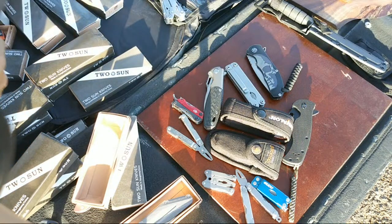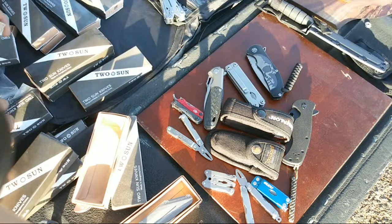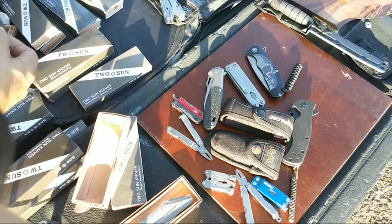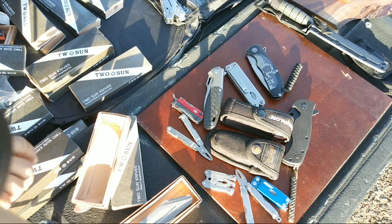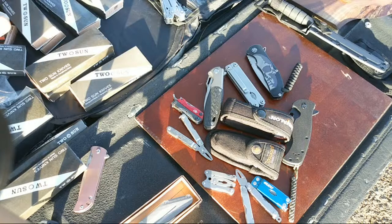I do have some other stuff here. Like I said, some of these knives are on my list of ones that are pending to be sent to people. And I got one that's gonna surprise you a little bit here. Actually, this is the last time you're gonna see this one on camera because it's being sent to somebody, and it's the only one I have. But when I find it here,